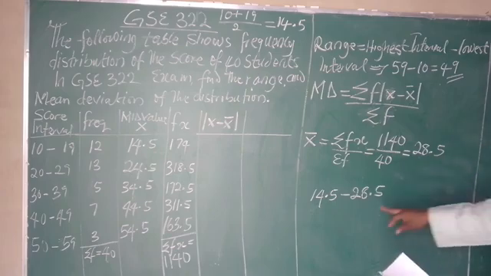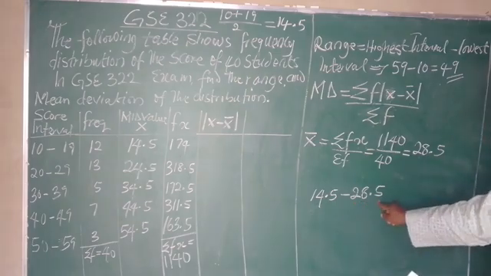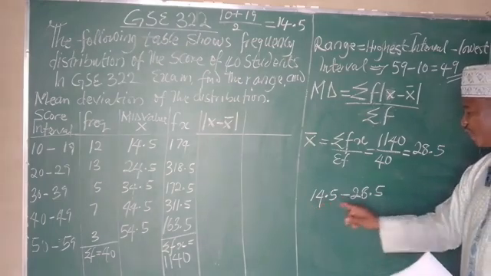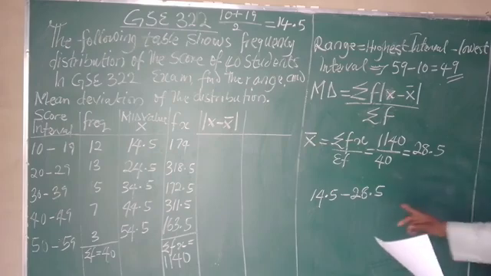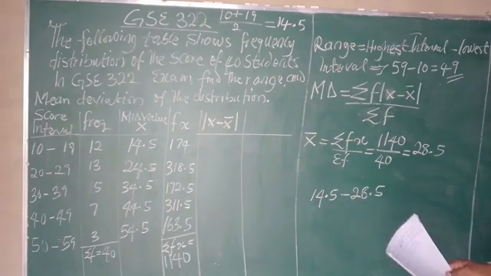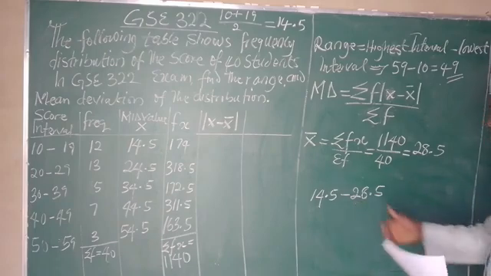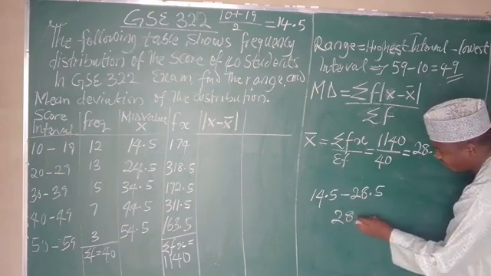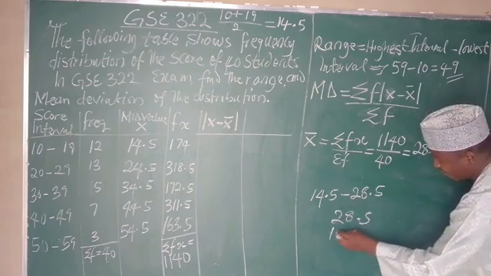You see, this 28.5 is bigger and this 14.5 is smaller. It means when we subtract, we are going to have a minus, definitely, because this 28.5 is bigger. For example, it is like this: 28.5 minus